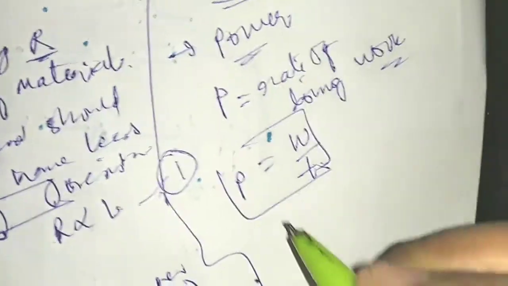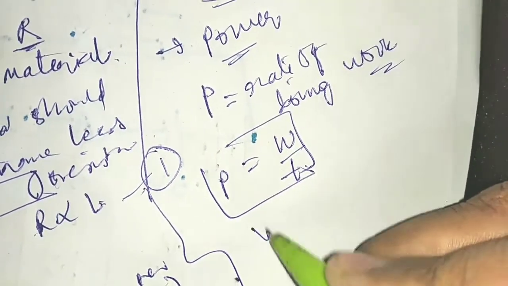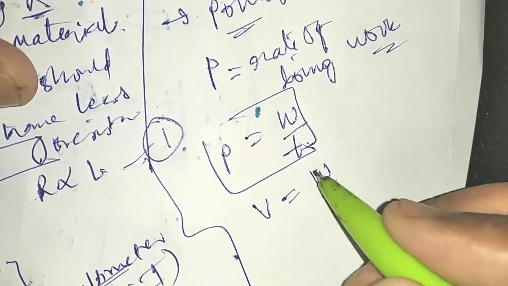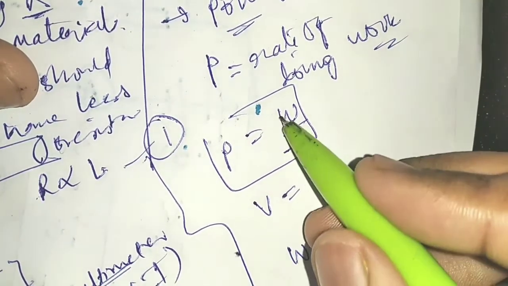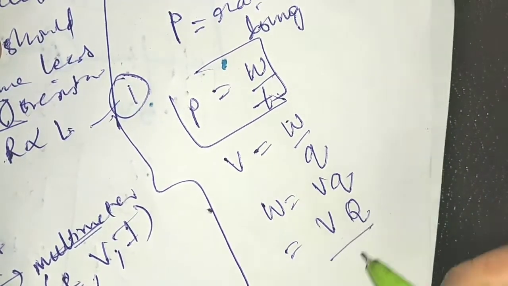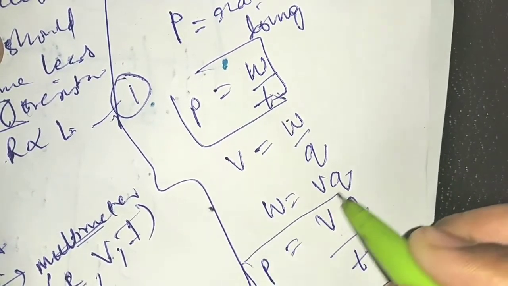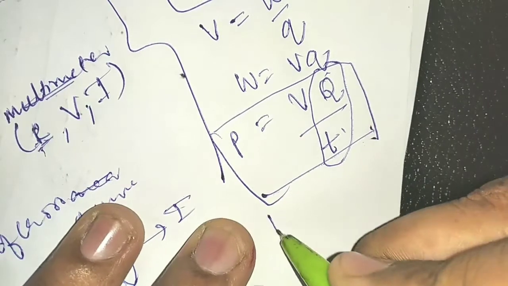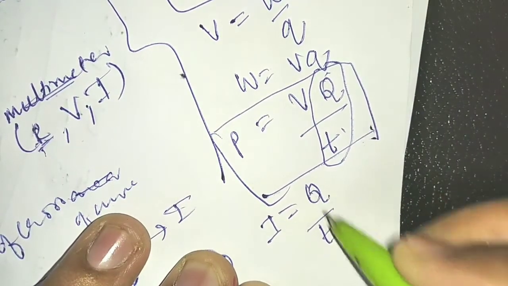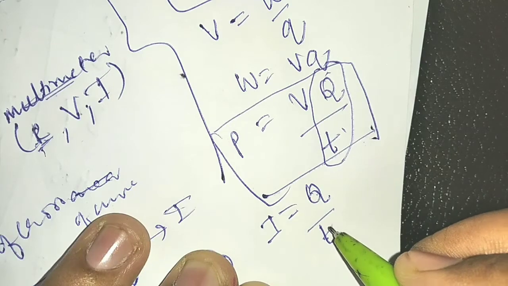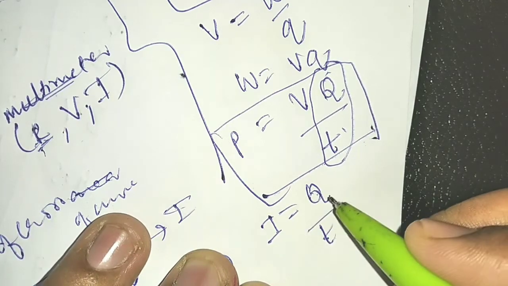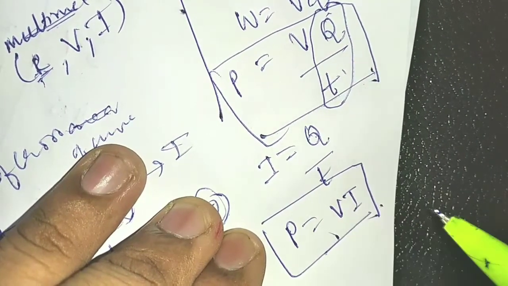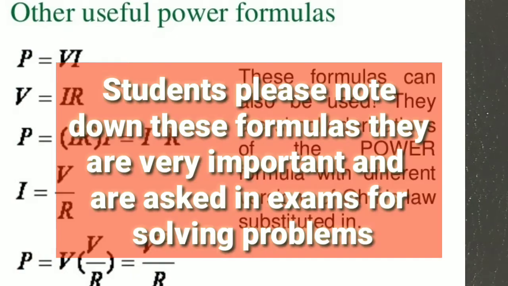Now from the potential difference, we can get power. If you remember the definition of potential difference, V equals W by Q, so I can write W equals V into Q. Replacing it here, power is V into Q by T. This Q by T is nothing but the current, students. That is charge per unit time, or charge flowing in 1 second, which is called current. So we can write P is equal to V into I. Power is given as V into I.